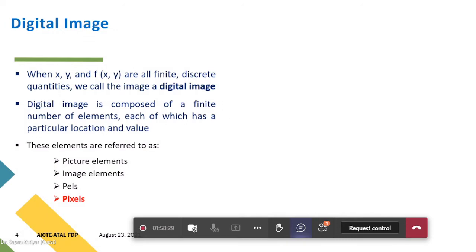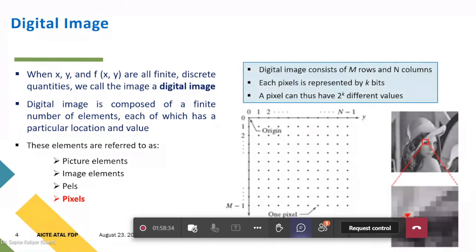So a pixel is related to each and every coordinate when we are talking about the image. Here you can see a matrix kind of pattern plotted on the XY plane. In the XY plane, which is two-dimensional, certain dots are available. These dots are nothing but the coordinates. Suppose you are drawing a matrix, you write the coordinates x1, y1, x1, y2, x1, y3. These are the locations, these are the pixels, and the value at that particular point is the intensity,